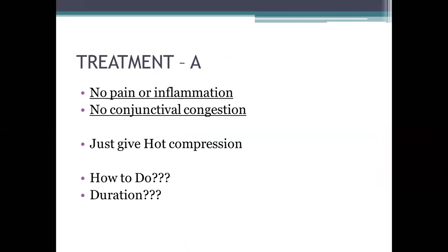So now how will you treat the patient? ये सबसे जरूरी है आपको समझ लेना, क्योंकि day in and day out आपके घर के आजू बाजू किसी न किसी को आप देखेंगे तो ये फॉर्म हो रहा हो। अगर उस बंदे को पेन नहीं है, if there is no pain and inflammation, no signs of infection, no conjunctival congestion, just give hot compression।